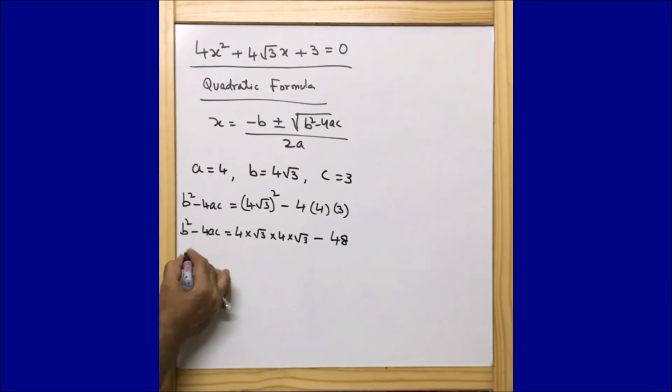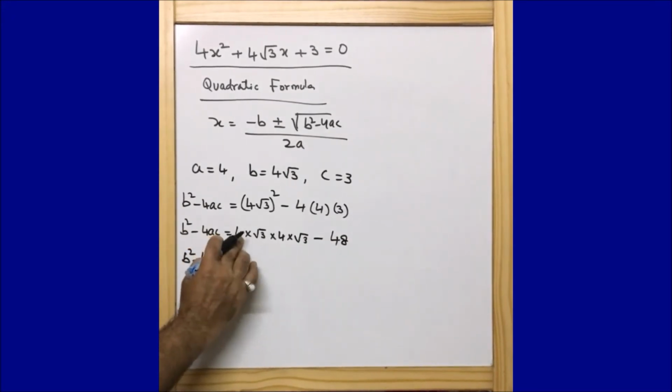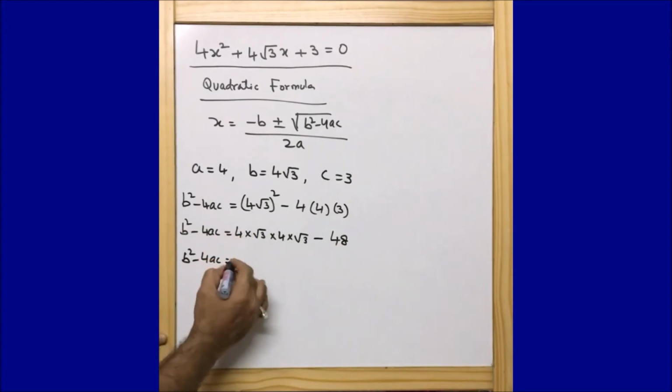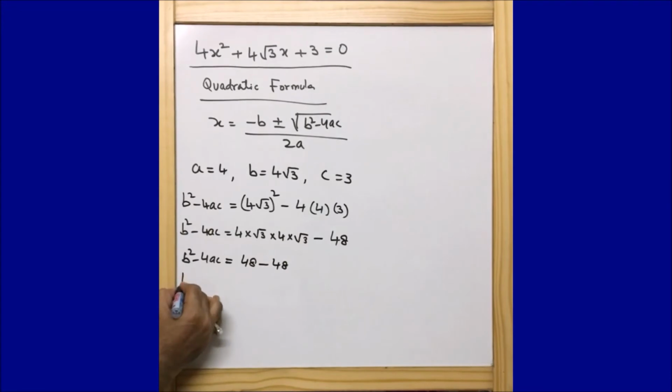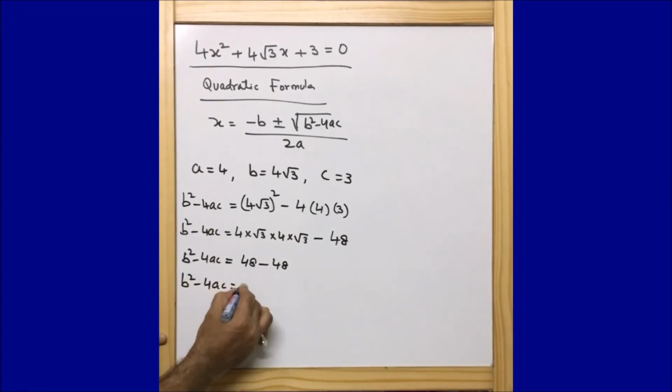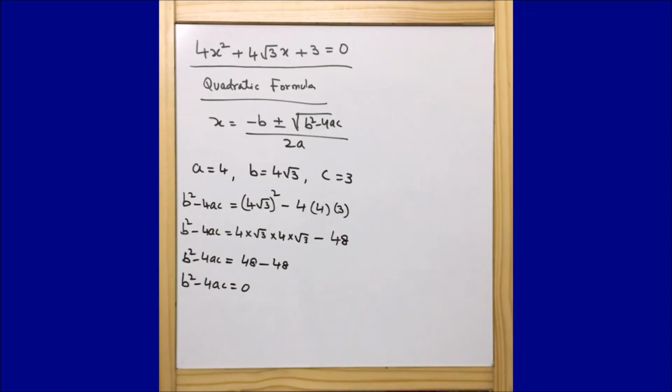Or I can say b square minus 4ac is equal to 4 into 4 is 16, root 3 into root 3 is 3, 16 into 3 is 48. So 48 minus 48, we are getting b square minus 4ac is equal to 0. So guys, we very well know that when b square minus 4ac is greater than or equal to 0, then definitely real roots exist. And here we are getting b square minus 4ac is equal to 0. So whenever we get b square minus 4ac equal to 0, we will get two equal roots of x. If we get one value as 2, the other value definitely will be 2.